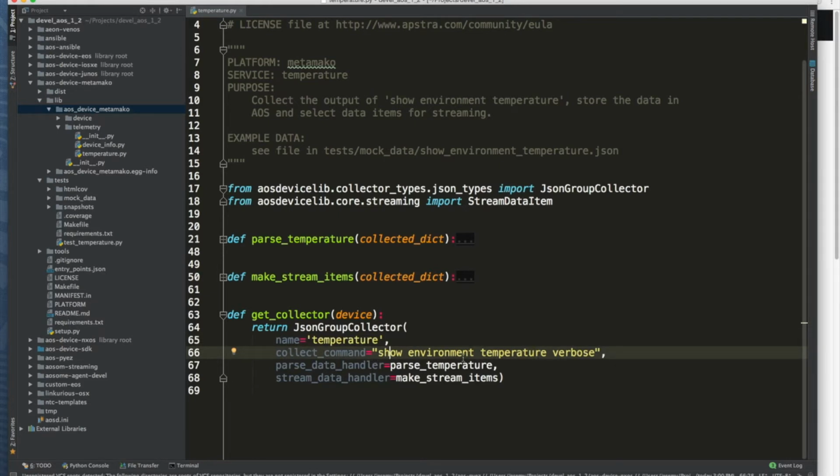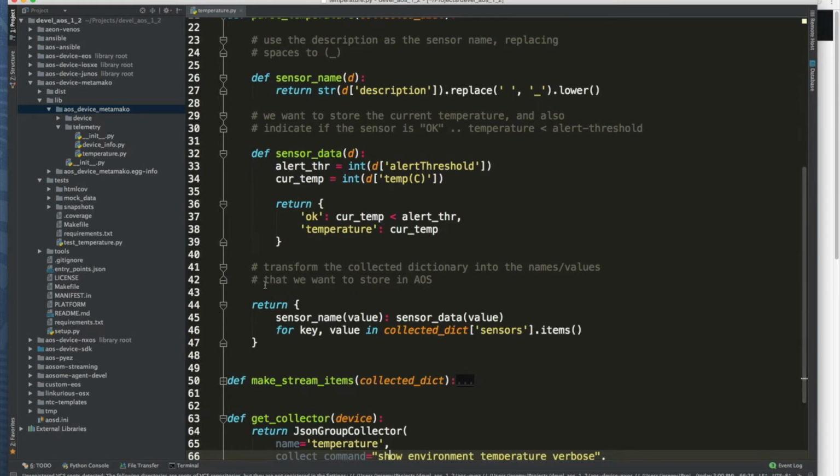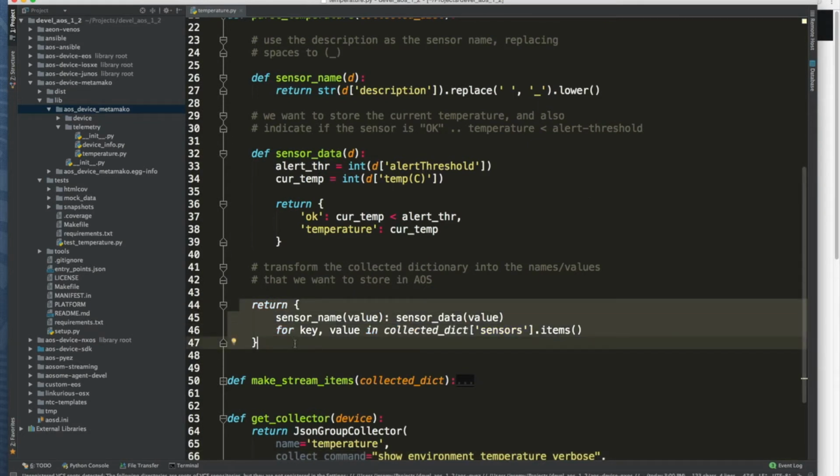And then once I get the data from the device, what I want to do is parse it and store only the parts that I care about in the way that I care about it. So the collected data, this collected dictionary, is what is retrieved from the device. And what I want to return from my parse handler is essentially looping through the sensors that we've gotten from the device and setting the sensor name and the sensor data to the way that we want it. So the sensor name, what we're doing is we're looking at the description of that sensor, and we're going to replace spaces with underscores, and we're going to convert it to lowercase,